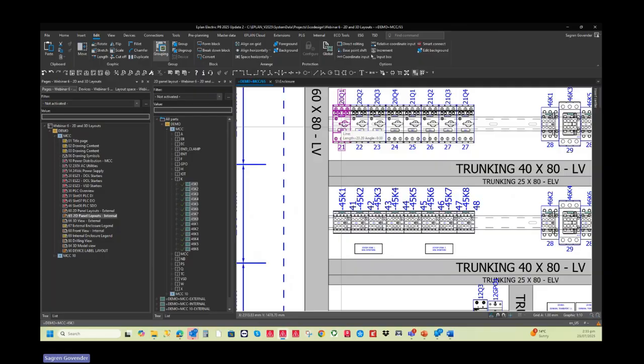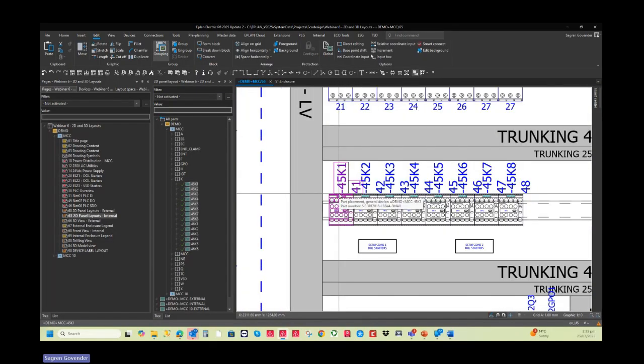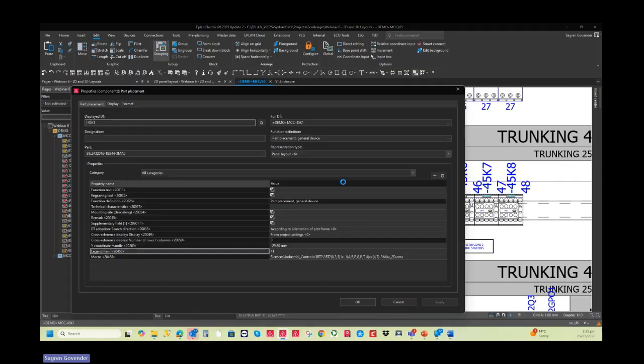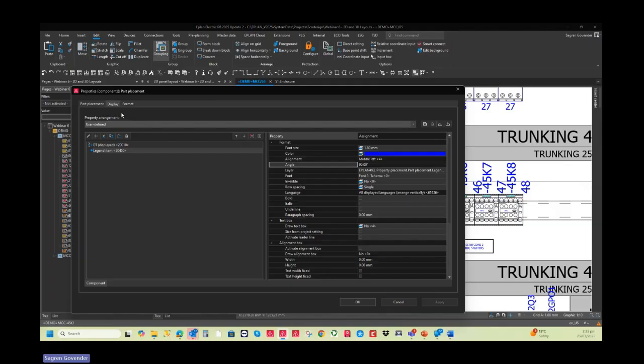I'm not happy with the format of this. Of course, I want to change that. So there's a few tricks that you can do. You can double click onto the device, and you can go into the display, and you can see that they both docked to each other. In other words, the legend number is docked to the DT. I can undock it from here,